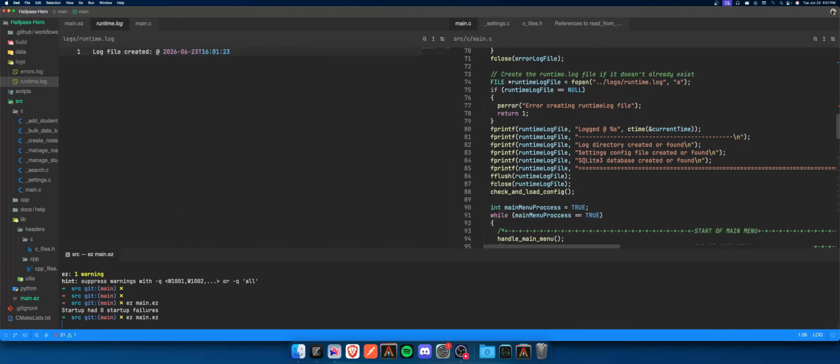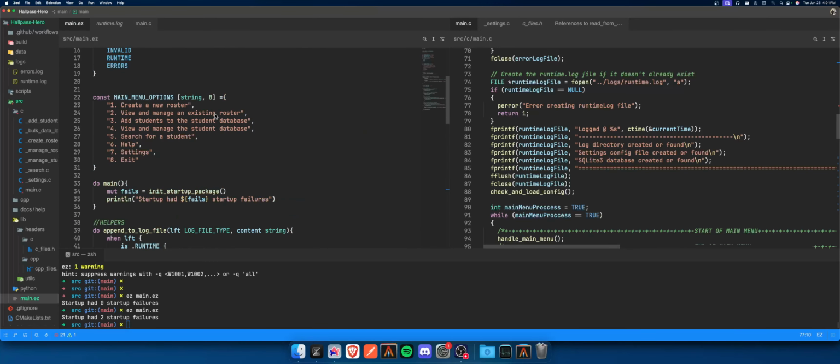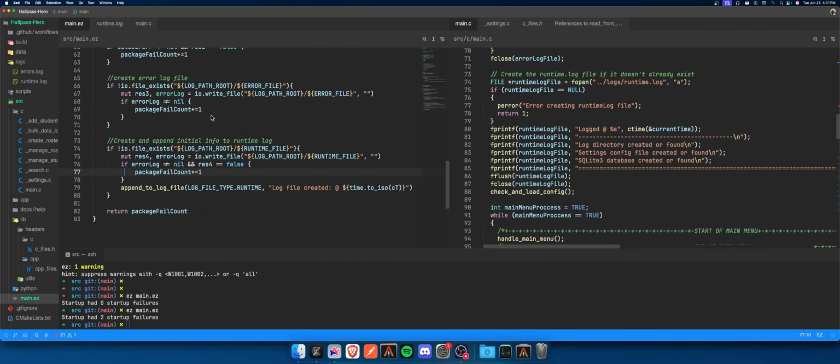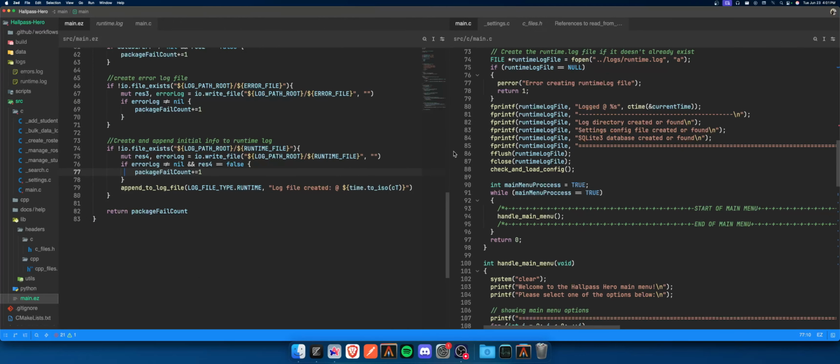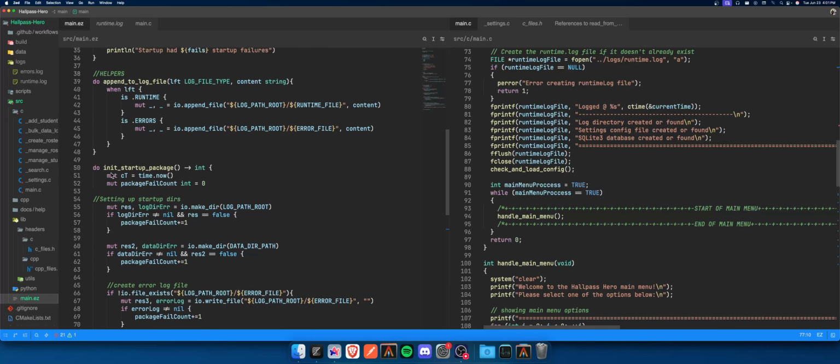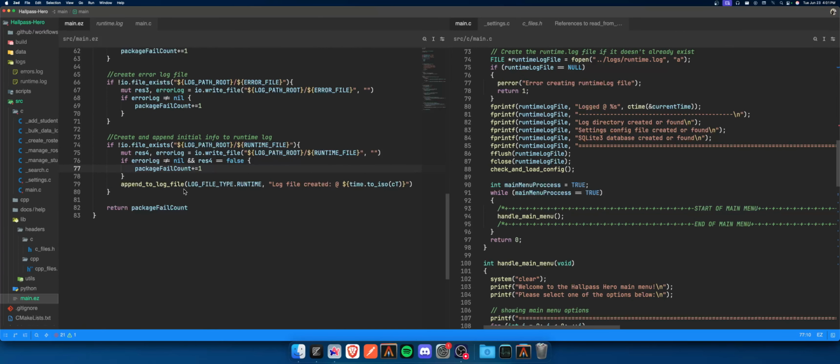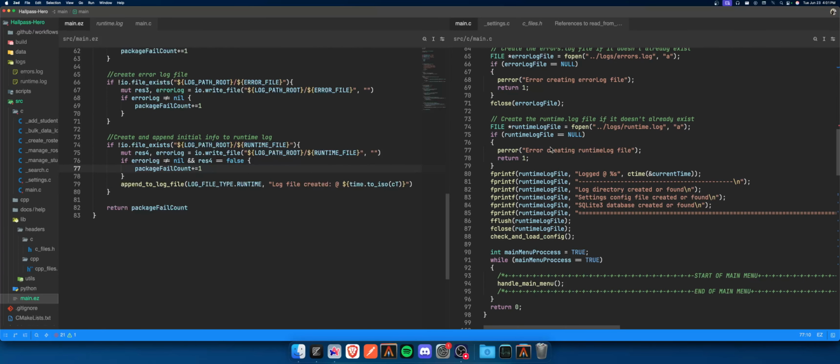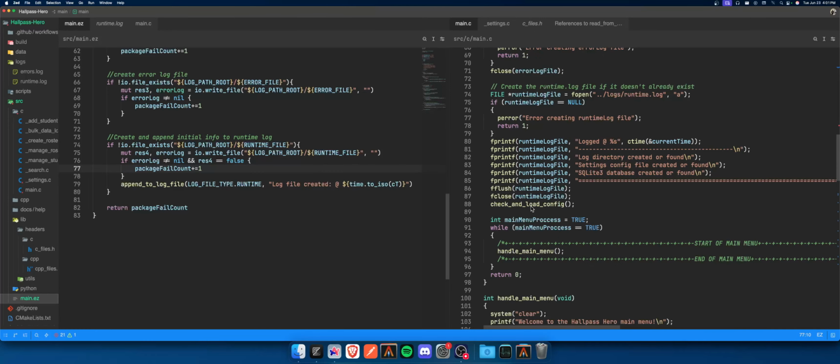Okay, let's run it again, see what happens. Two star fail. So technically, not a big deal. But anyway, all right. So next, we've cleaned that function up, so we no longer need it. Well, we'll have one more in there, and that's going to be for the config file. So we need to create the config file,